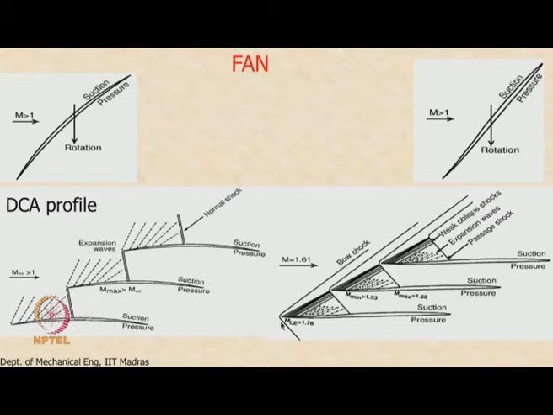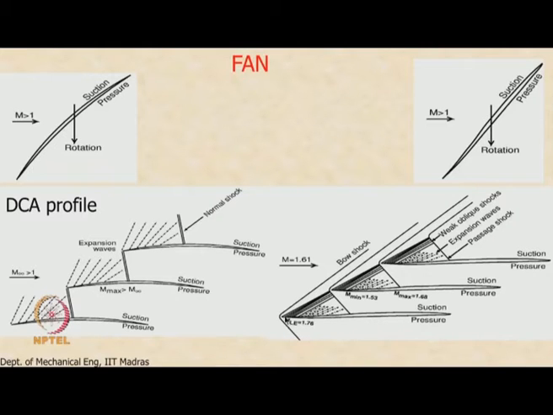And there is usually a bow shock, because the radius of curvature here is finite. There is usually a bow shock. In these types of profile, that is difficult to avoid. Even here you may see a bow shock and then an expansion fan after that, but the flow will still be supersonic. So you see a bow shock, then as the flow goes around the circular leading edge, the Mach number actually increases from 1.61 to 1.76.